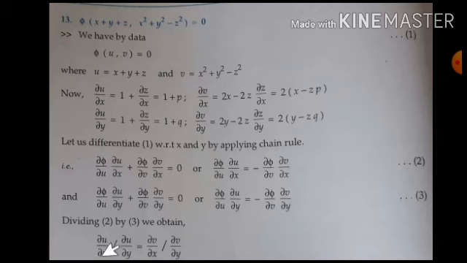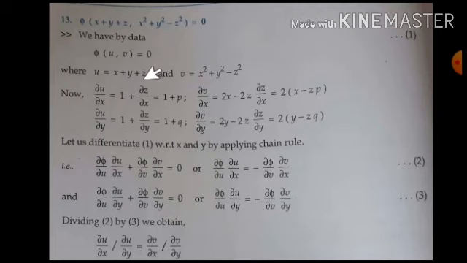So we need to find out now what is dou u by dou x and what is dou u by dou y and what is dou v by dou x and dou v by dou y. As in this problem we considered u as function of x, y, z, and this term we have considered it as v, x square plus y square minus z square. So partially differentiate u with respect to x means differentiate it only with respect to x. Derivative of x is 1, derivative of y is 0.